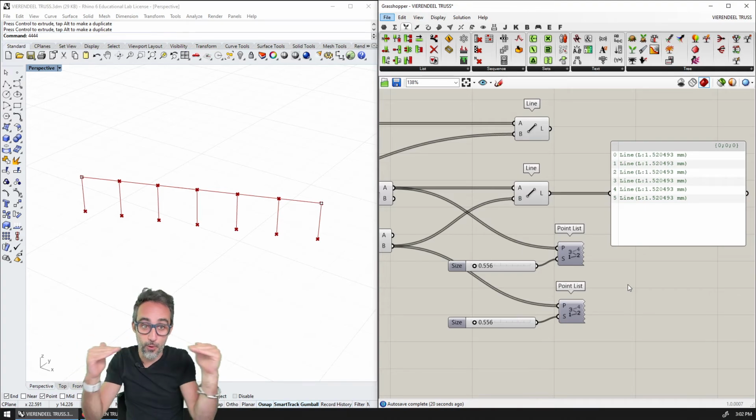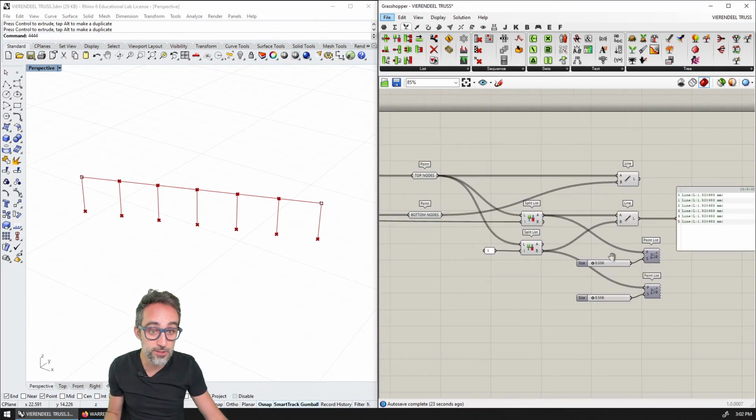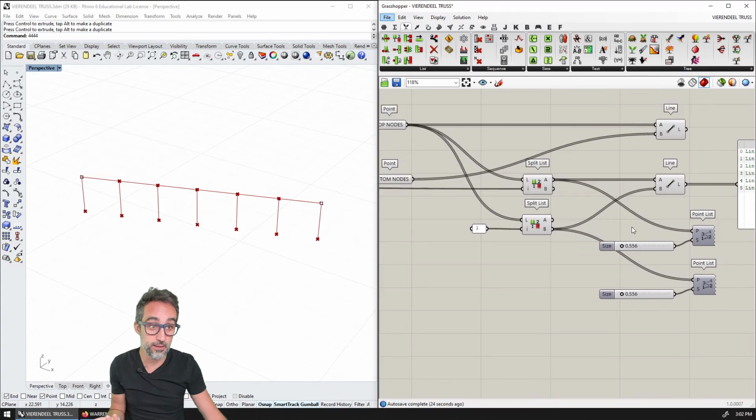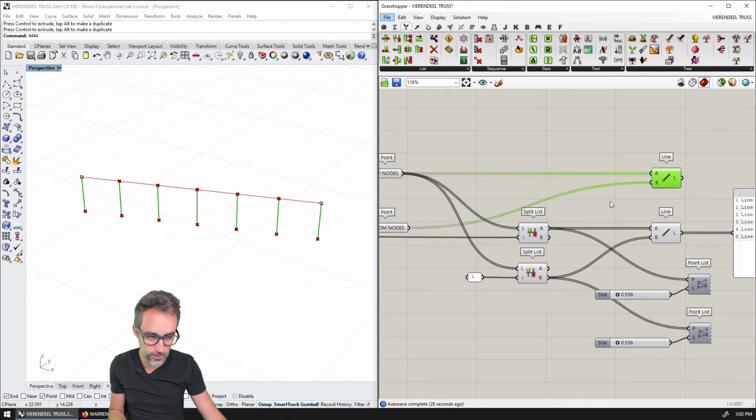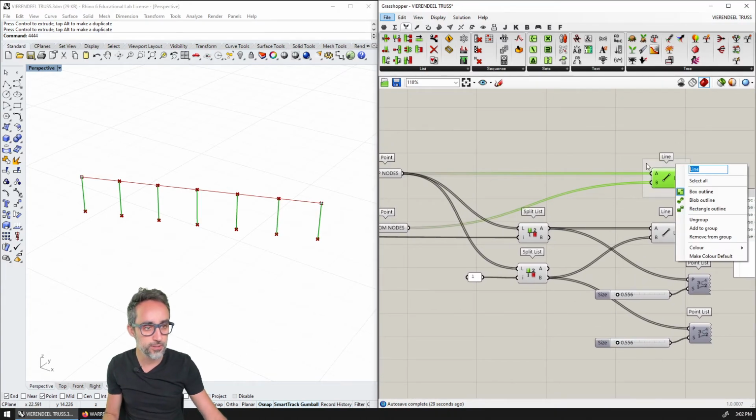Now for the bottom ones, it is literally going to be just copy pasting because the logic is the exact same. So before I do that, I'm going to make sure that here I say this is going to be the vertical bars.